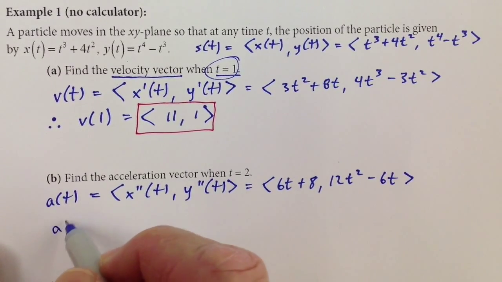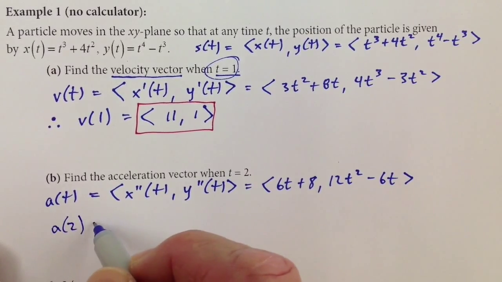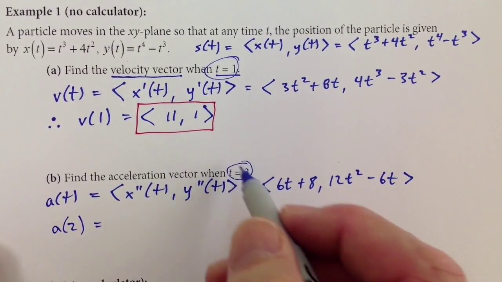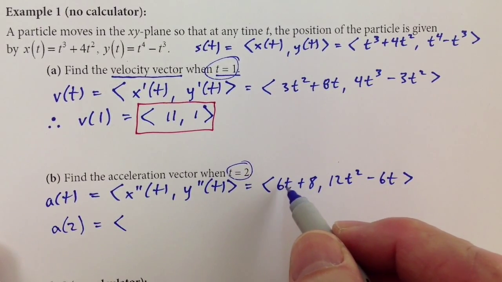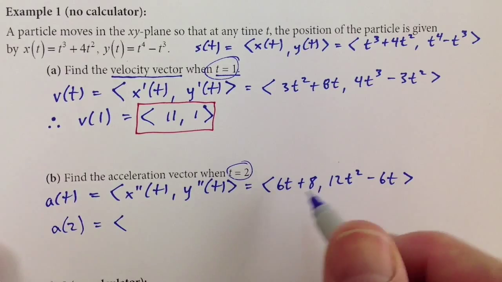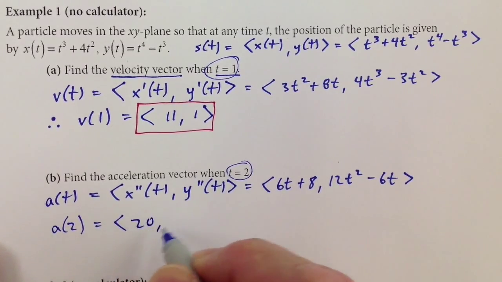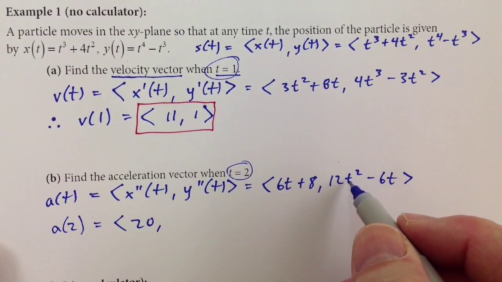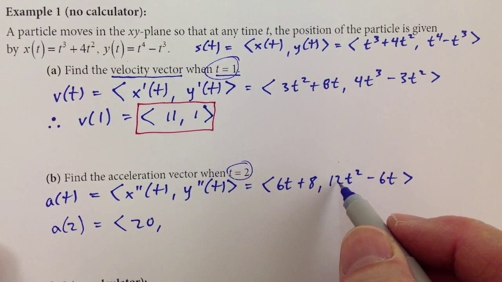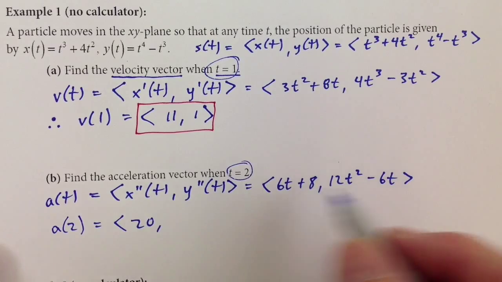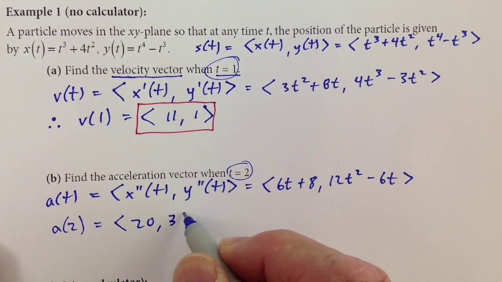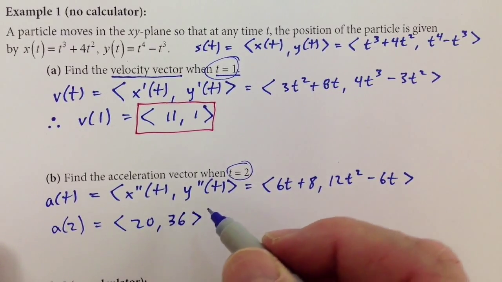But we want the acceleration vector at time t equals 2. And so we replace t with 2, and we get 6 times 2 is 12 plus 8 is 20. Replacing t with 2 for the y component, we get 2 squared is 4. 4 times 12 is 48, minus 6 times 2. 48 minus 12 is 36. And we have our